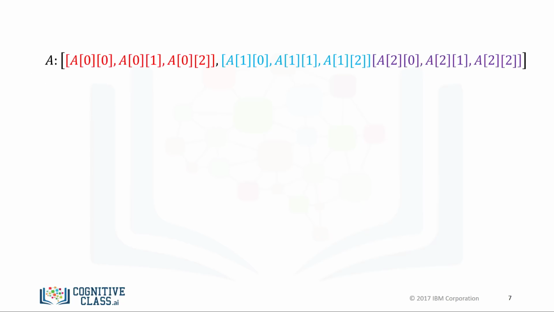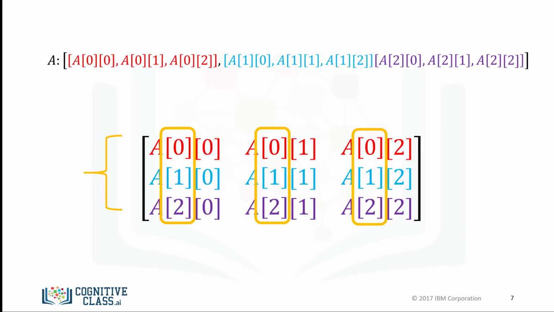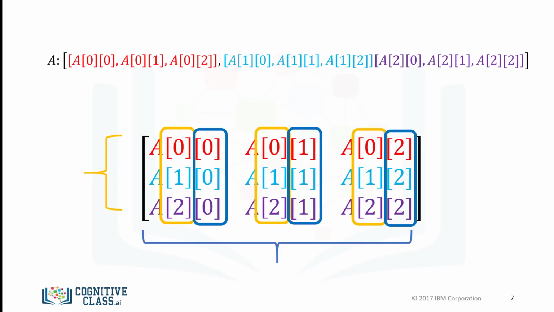We can use rectangular brackets to access the different elements of the array. The following image demonstrates the relationship between the indexing conventions for the list-like representation. The index in the first bracket corresponds to the different nested lists, each a different color. The second bracket corresponds to the index of a particular element within the nested list. Using the rectangular representation, the first index corresponds to the row index. The second index corresponds to the column index.